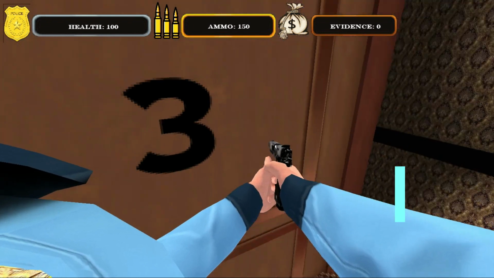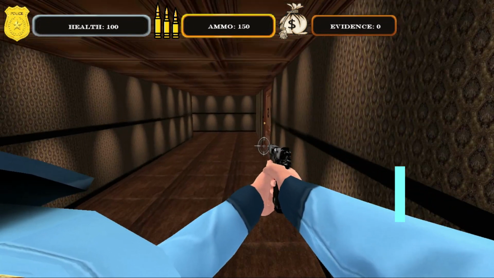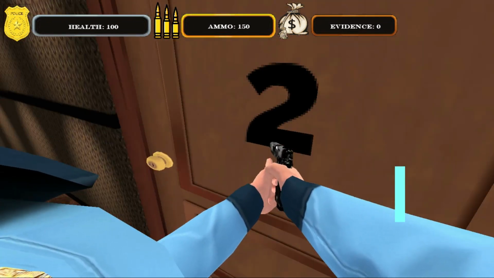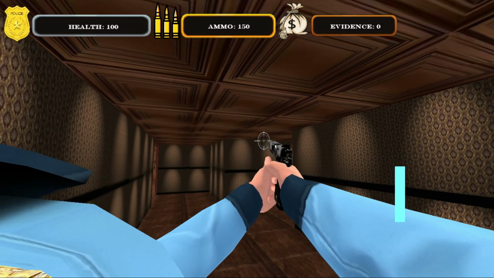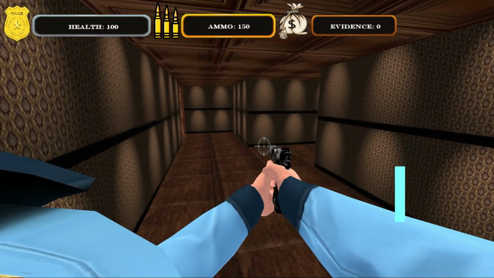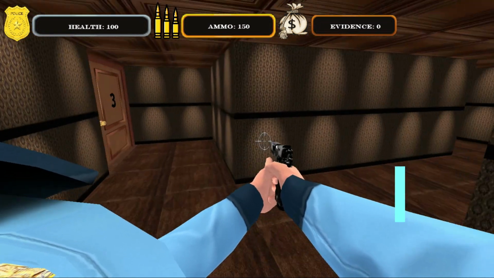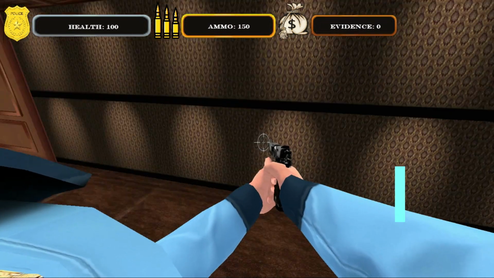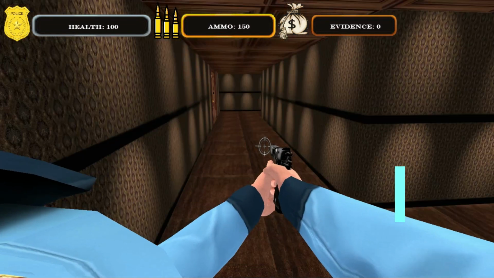Try to go to 3, can't go to 3. Try to go to 2, can't go to 2. If I press K, it won't do anything. Pressing K, it won't do nothing. Can't kick down no doors if I press K. Okay? Now, if I go to this door